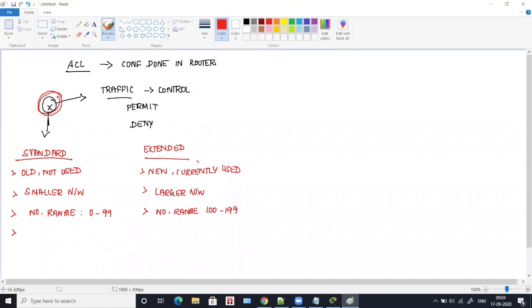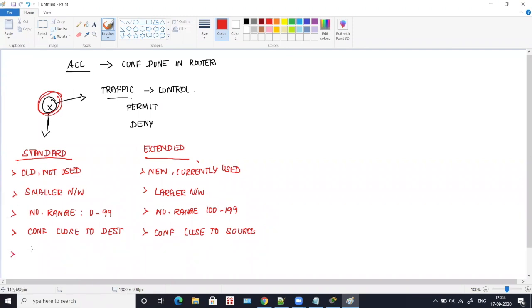Standard ACL is configured close to destination, and extended ACL is configured close to source. I'll tell you what source and destination are.